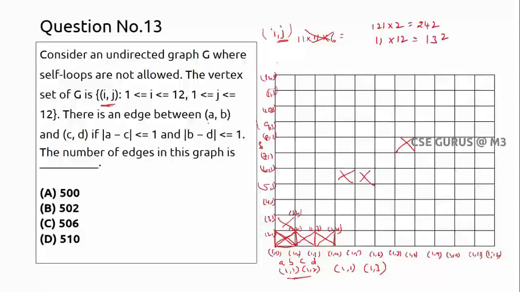So the remaining are horizontal like this. So like this, how many I will find in a row like this? 11, I think. Sorry, 2. Yeah, 11. And like this, how many here? You will find 12 here. You can say 1 2. If the lines you can consider, 12 you can find. That's it. You can add up all these things. So totally 506 edges you will find here. So option C is our answer. You can check it out clearly how we need to consider.